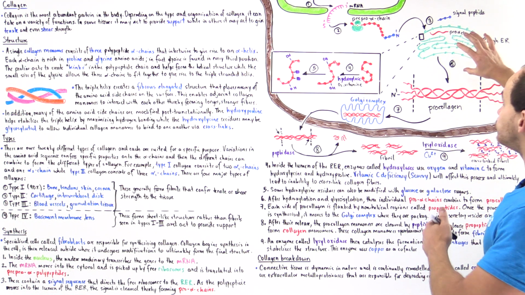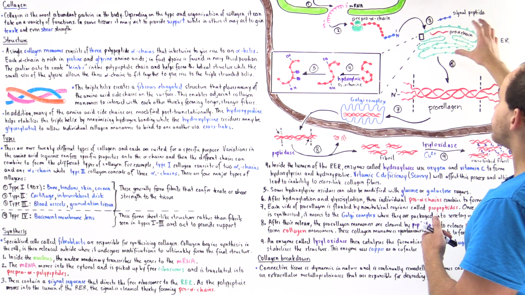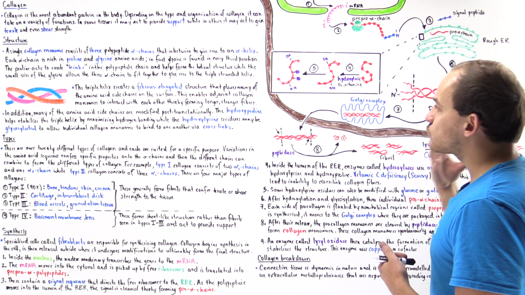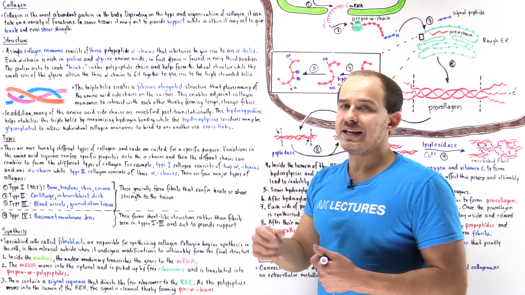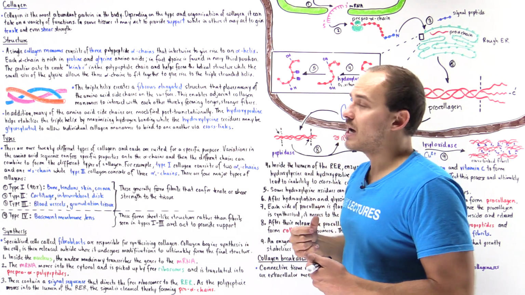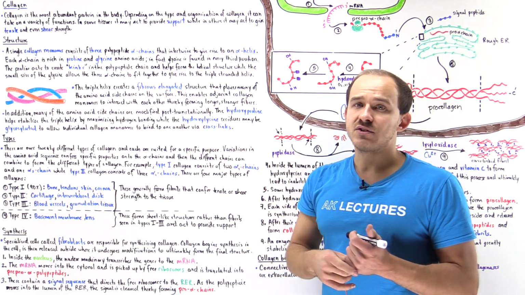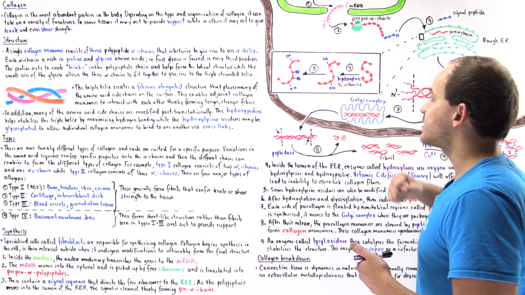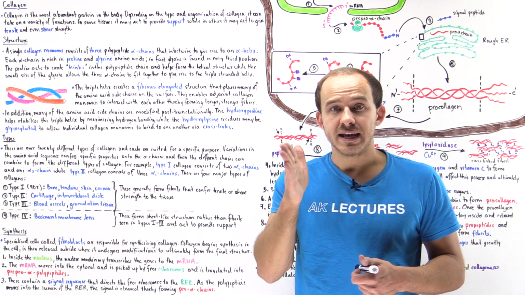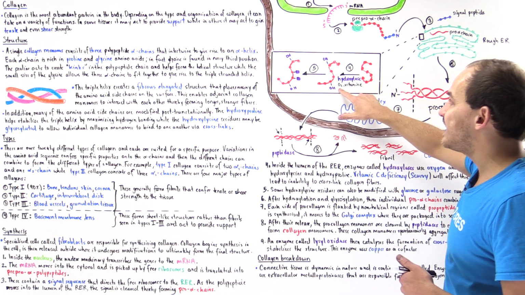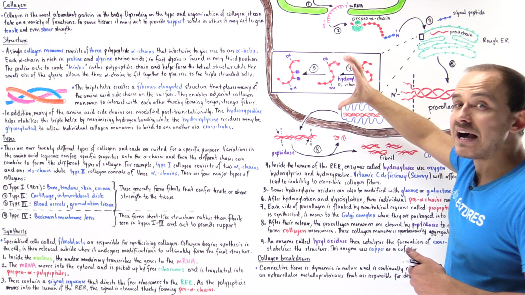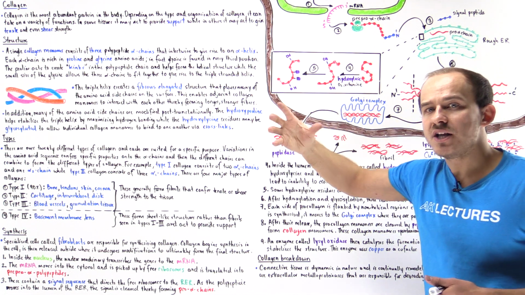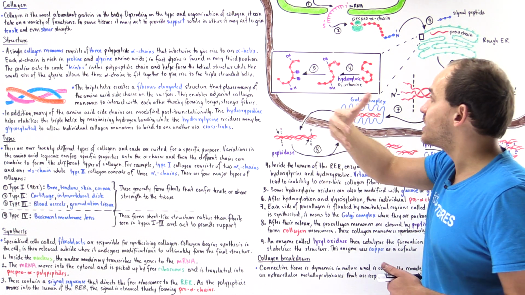endoplasmic reticulum. Now, as we're forming that pro-alpha chain, we're also at the same time adding hydroxyl groups onto the proline and lysine to form the hydroxyproline and the hydroxylysine. And this is carried out by an enzyme known as hydroxylase. And hydroxylase uses molecular oxygen for the oxidation process and vitamin C for the reduction process to attach